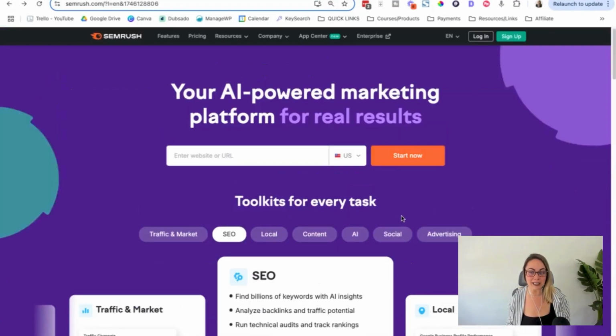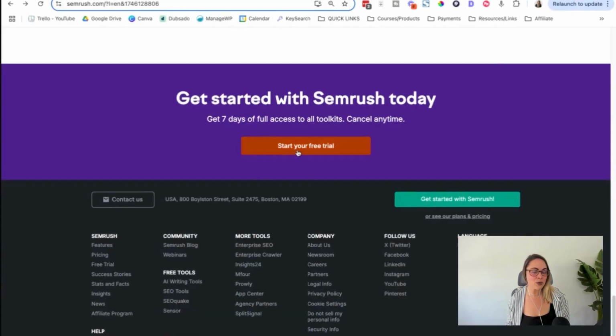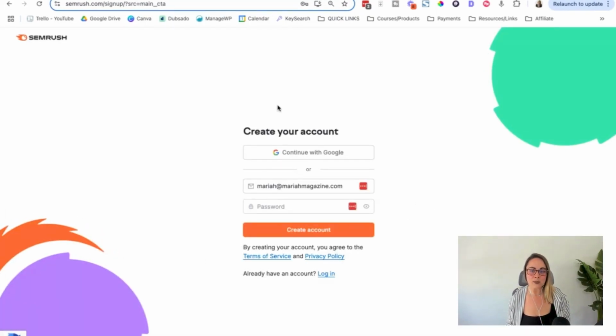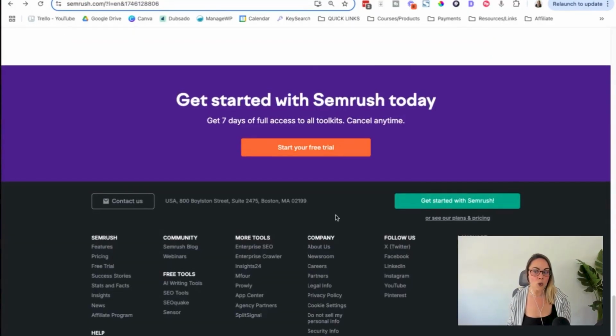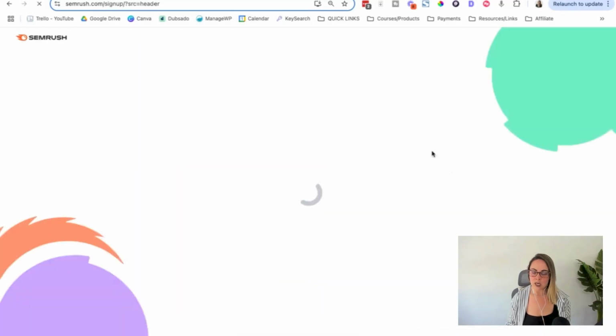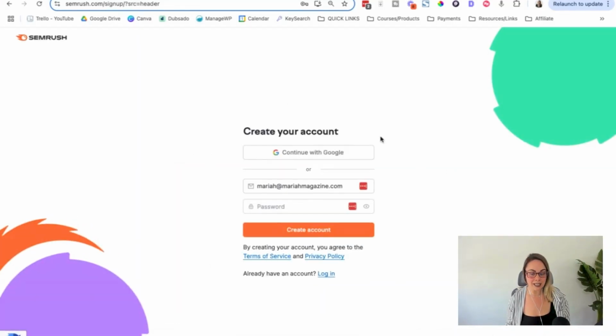It's not very clear. Even when you click on start your free trial, I feel like this is why people get confused, because it's not clear what kind of account. Are you going to ask for my credit card information? You're giving me no information here whatsoever. So if you click the sign up button, or whichever button, and you get to this,